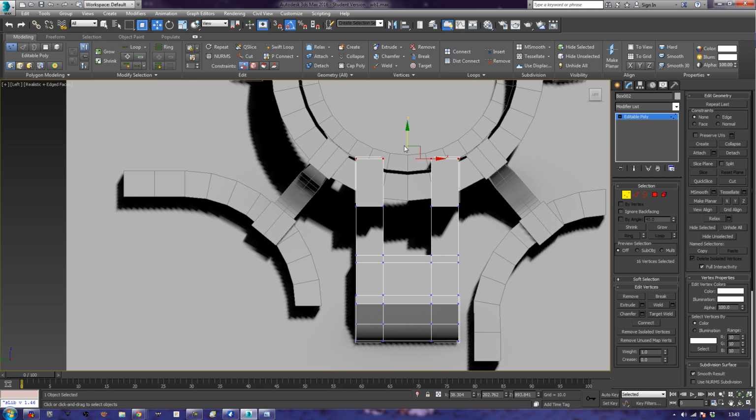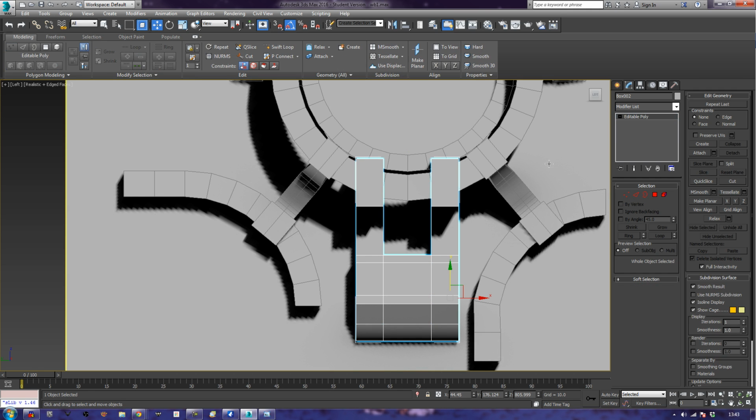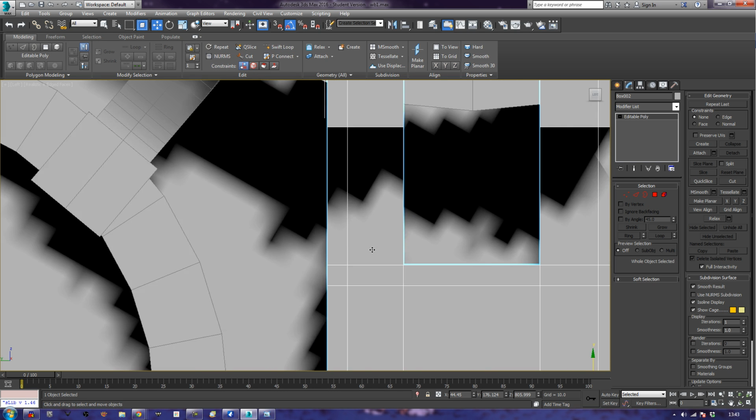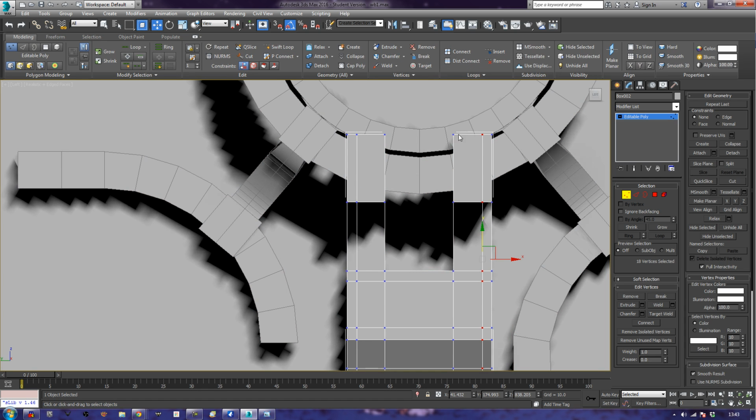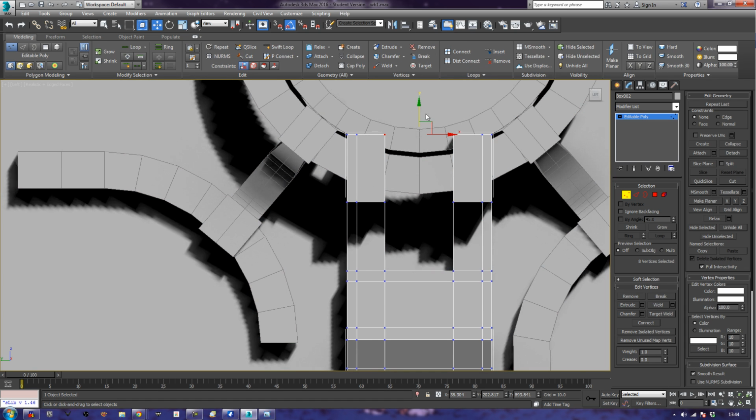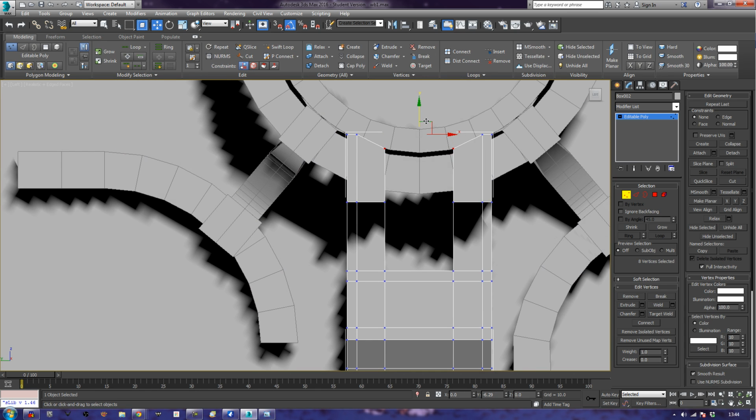Now, I could use symmetry on these, but I'm not going to really, because I don't even know why anymore. So I'm just going to put that there and that there. Okay, so now you can see our two edges are in place, and now I can get these, bring them down to about there. Okay, so that's where they go. Now I can bring these up,